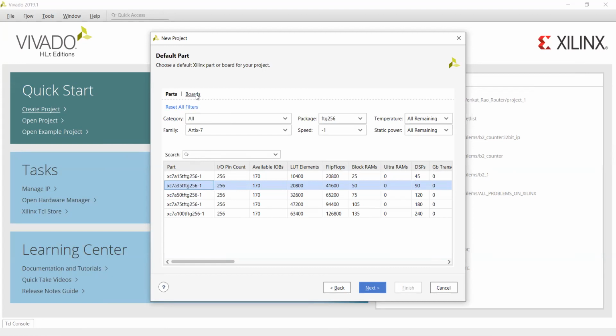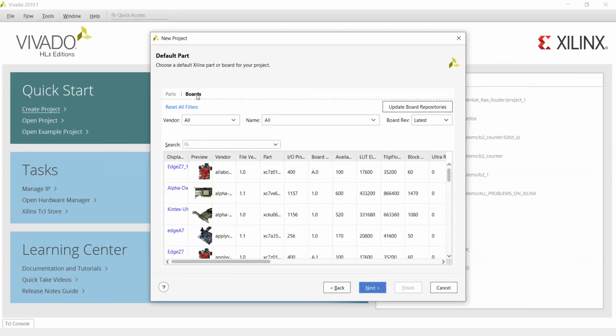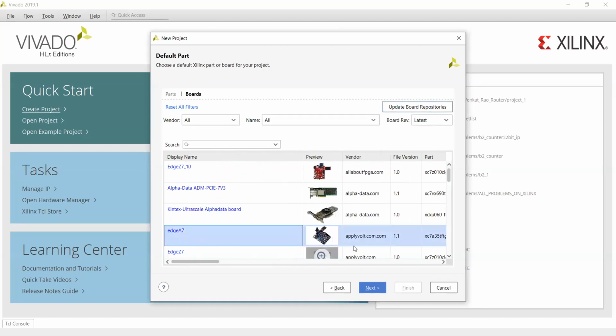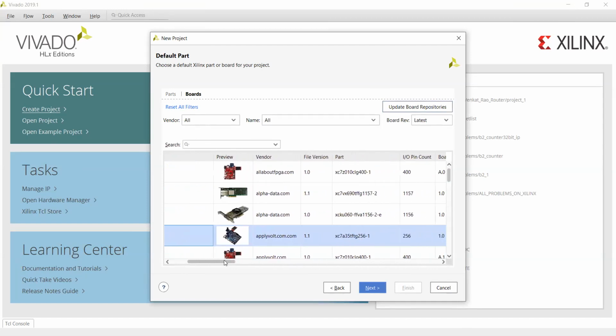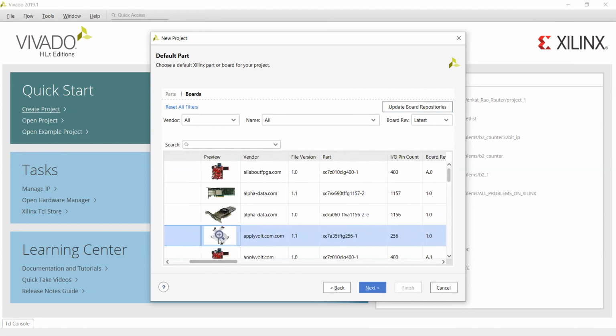Or otherwise you can go for boards and select your board. This is my board from Digilent here, manufactured and designed by them, and the part number is the same, XC7A35T. I have not changed the part number here.